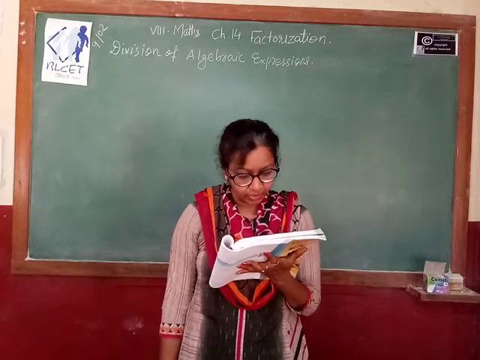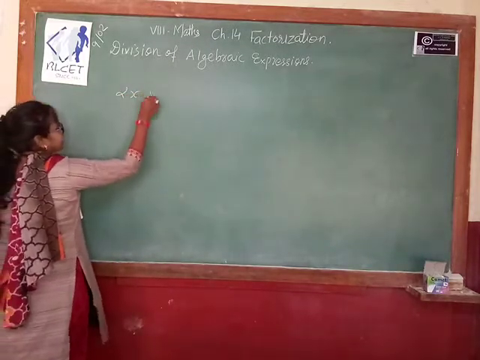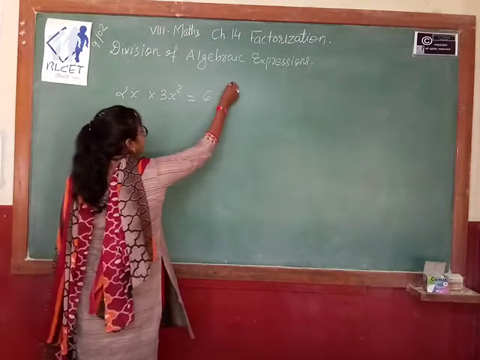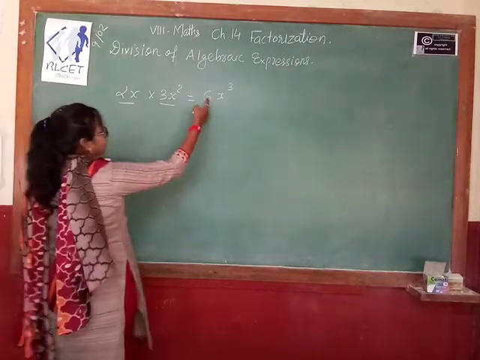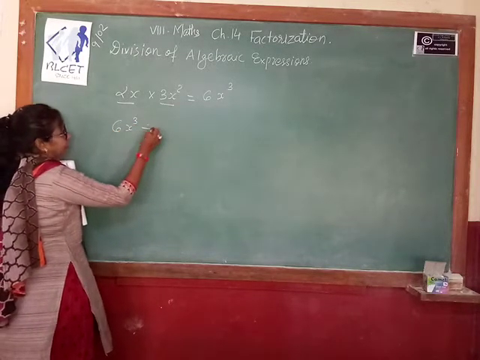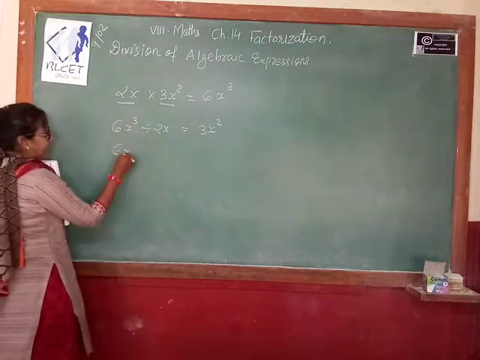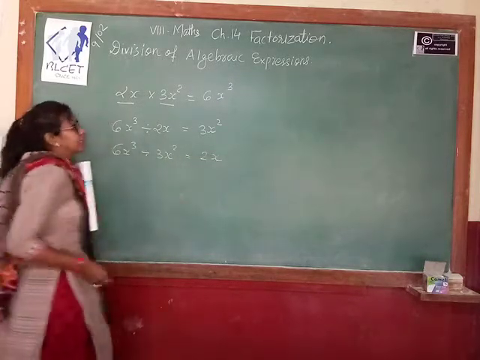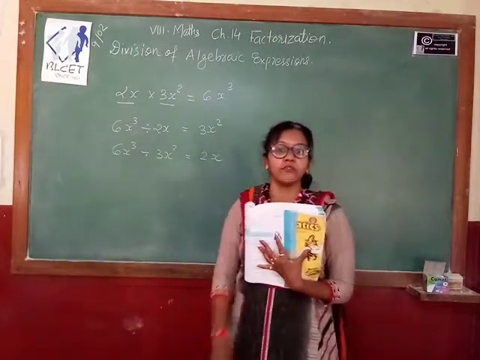For example, we know that 2x into 3x square will give you 6x cube. So we know that these two terms are the factors of 6x cube. So what can we say? We can divide 6x cube by 2x. Then what is the answer? 3x square. We can divide 6x cube by 3x square, then what is the answer? 2x. Means if you know the factors of an algebraic expression,